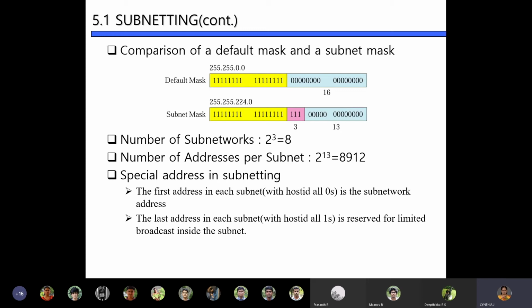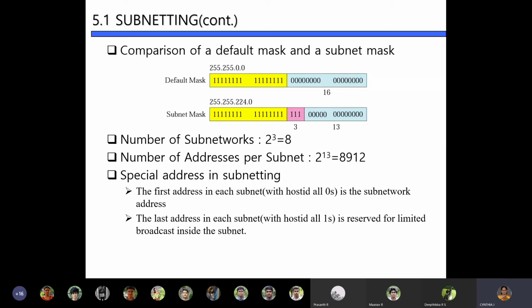If you are not doing subnetting, the maximum number of hosts is 2 power 16. But when you do subnetting, even though you sacrifice a few bits for representing the subnet ID, the total number of hosts actually increases because you will have 6 into 2 power 13 hosts.